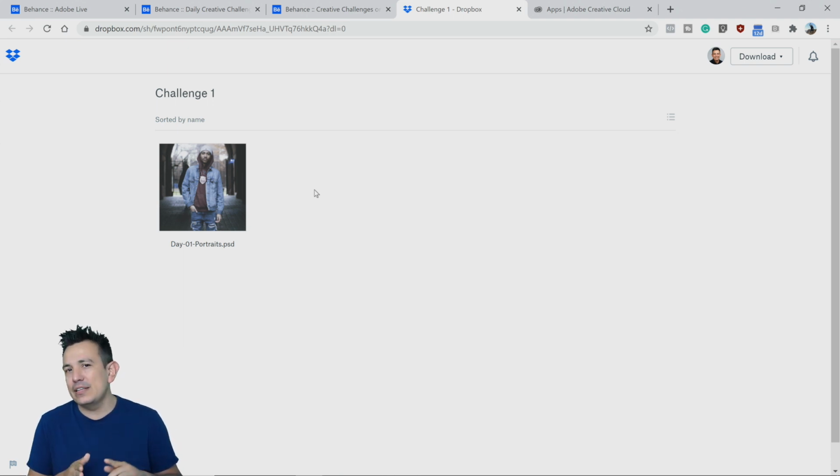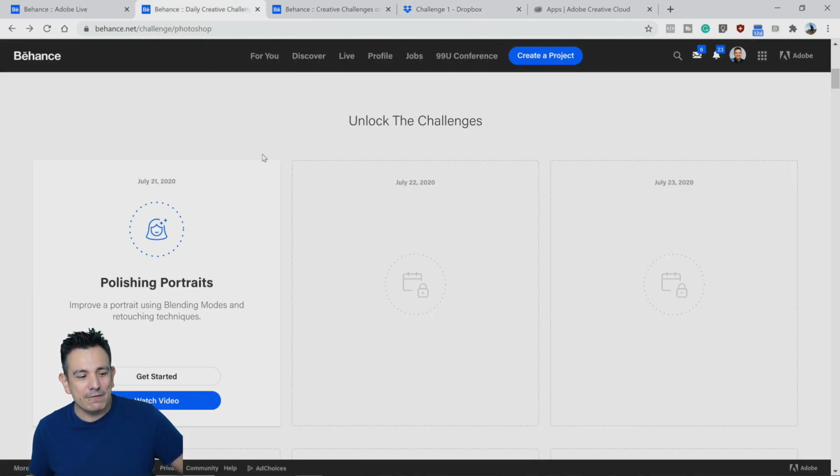Now, if you downloaded this file about an hour ago, the file has changed. I had to update the file, so make sure that you download the right file. If you see a guy wearing a blue jean jacket, then you have the right file. So the guy wearing the jean jacket. And once again, that's found under